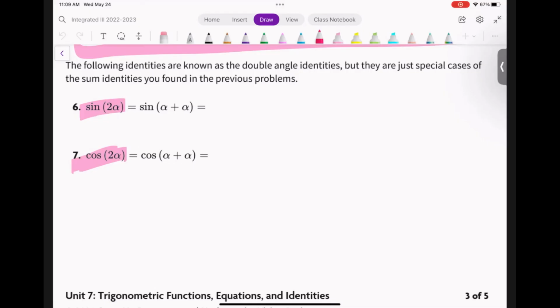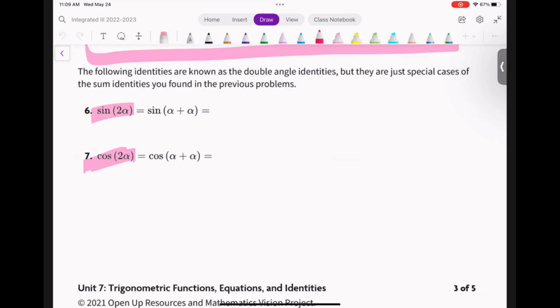Okay, so we're going to prove the double angle formulas for both sine and cosine. The directions say the following identities are known as double angle identities, but they are just special cases of the sum identities that you just found in previous problems. Now prove it. So the first formula that I'm going to use, the first identity,